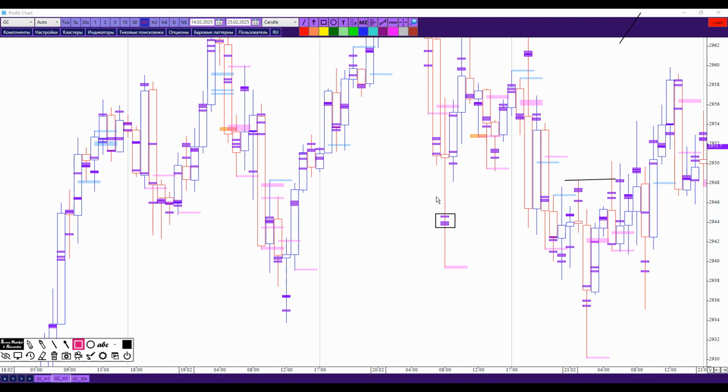Or when they are simply scattered in different places in the body of a candle, that is, about this candle we can say that it does not have a certain nature. Well, for example, here are two pin bars, even three in the body. As soon as this all appears in the shadow, and even compactly, you can already judge where the effort